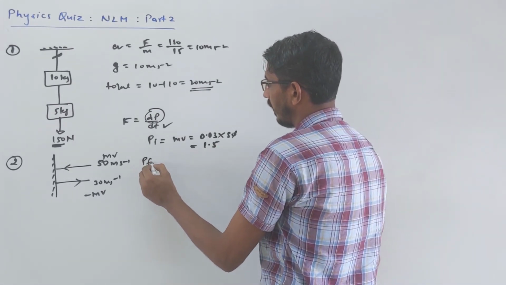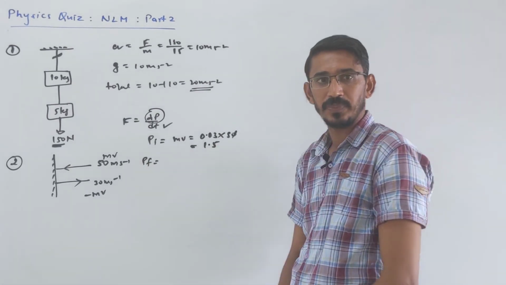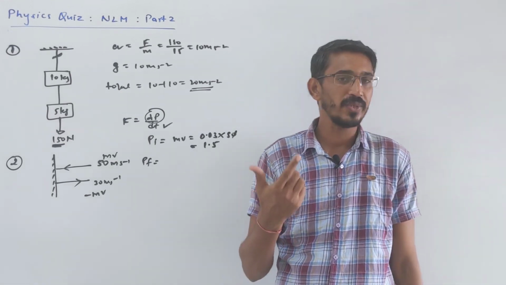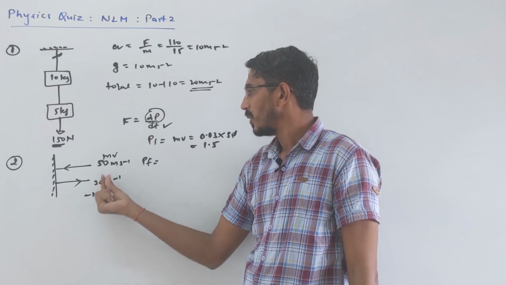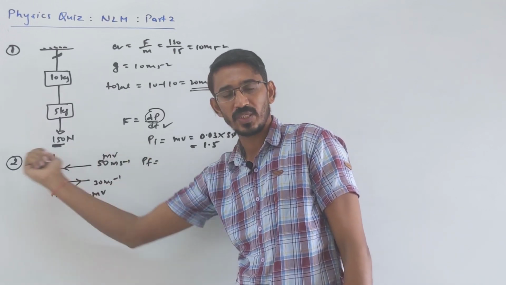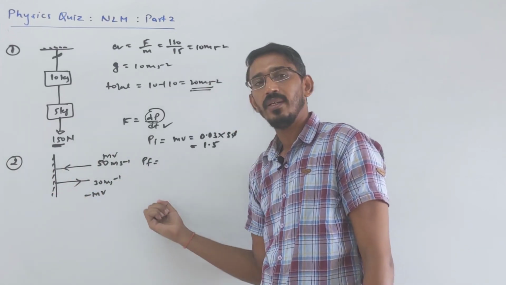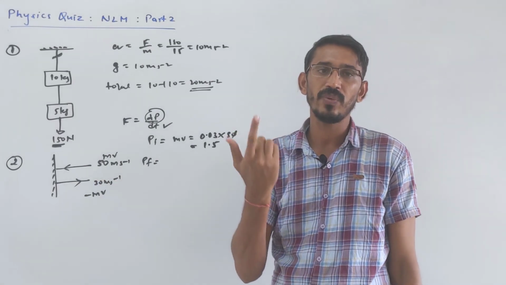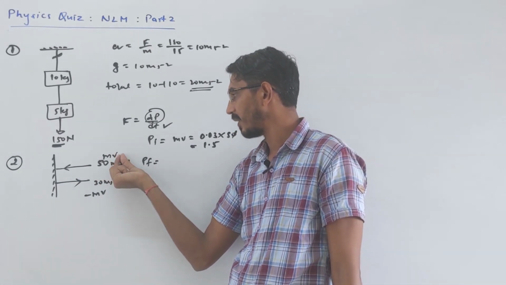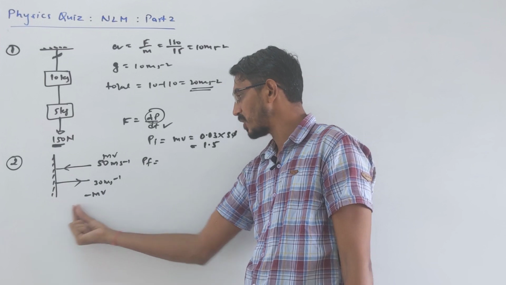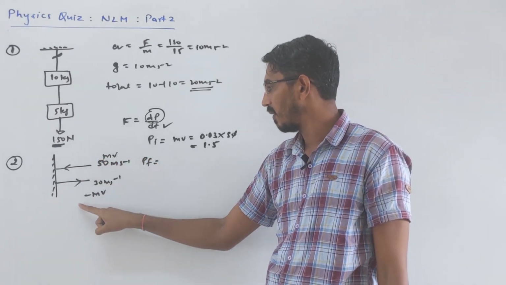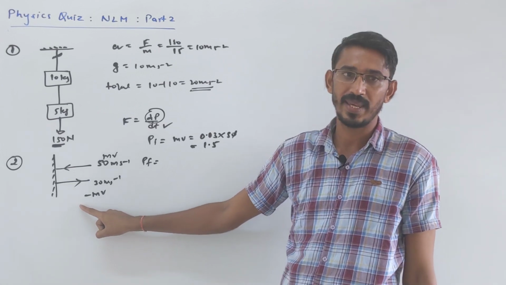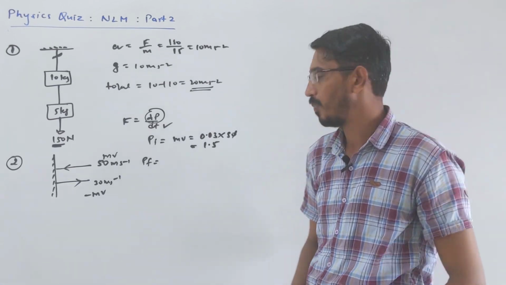Let's find the final. First thing, final will be negative. You asked doubts in the lecture about why I am calling this negative. Suppose this initial direction I am calling positive. Now while returning, the direction gets reversed, so you have to call it negative, because velocity is a vector. If you call this velocity positive, then that velocity is negative. You can call that one negative and this term positive, it doesn't matter, the answer will be the same. Any one direction you have to call positive.